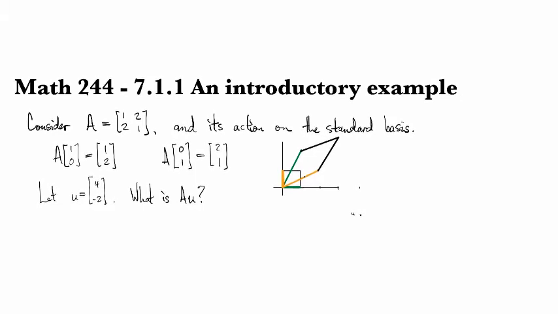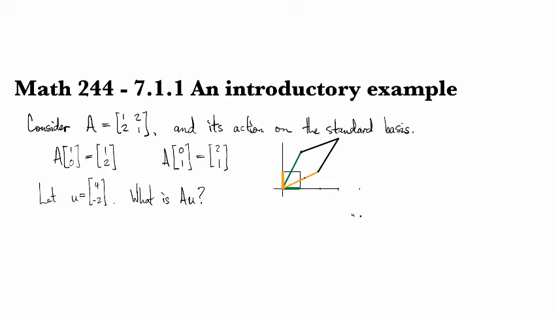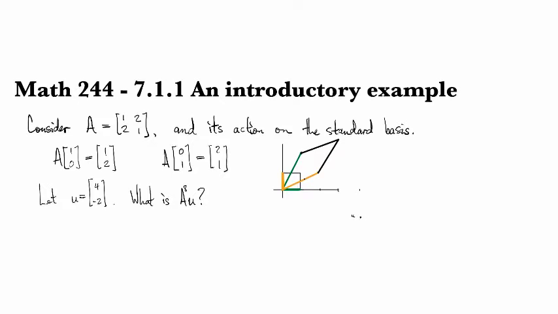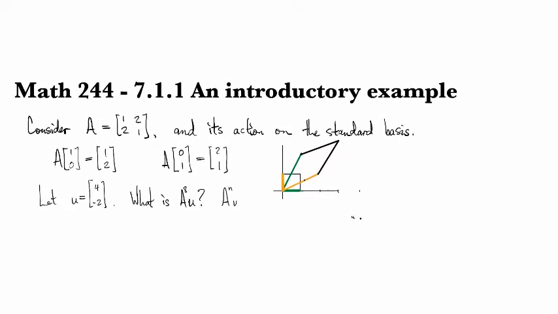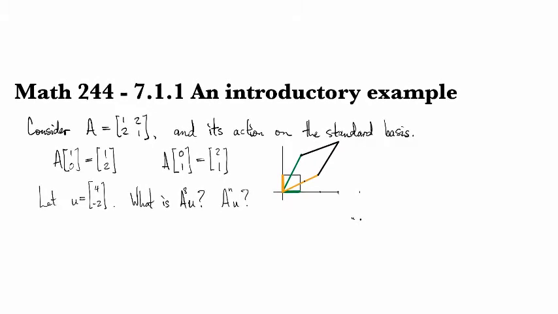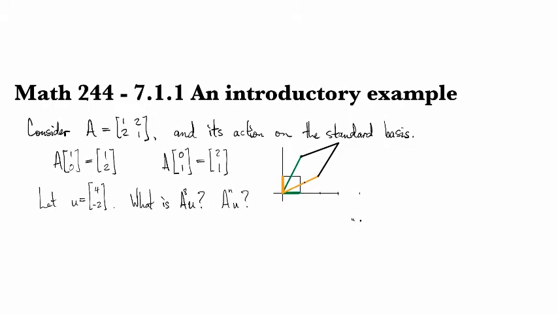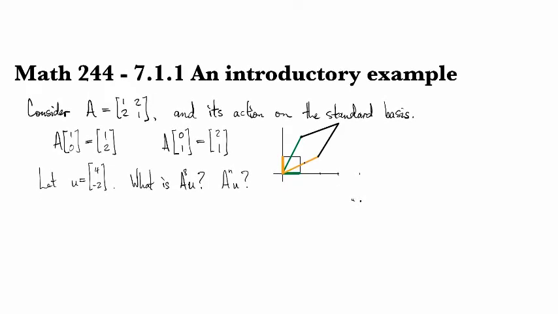And so you might have some guess about what happens, but if somebody says, what if I multiply by A repeatedly? What if I multiply by A 8 times? Well, then you have no idea. What if I want to just keep on multiplying by A n times? Well, then it's even more confusing. However, instead of looking at the action on the standard basis,